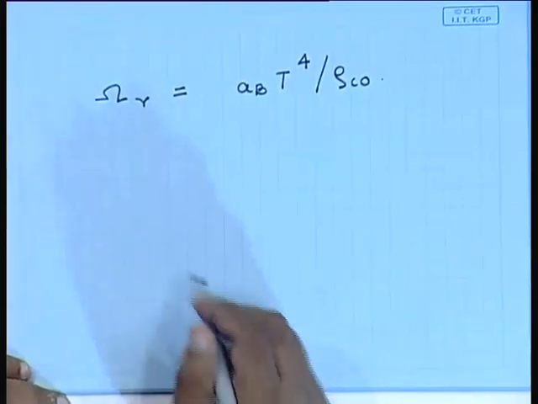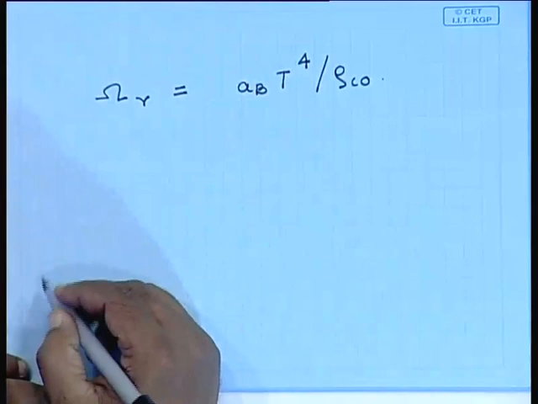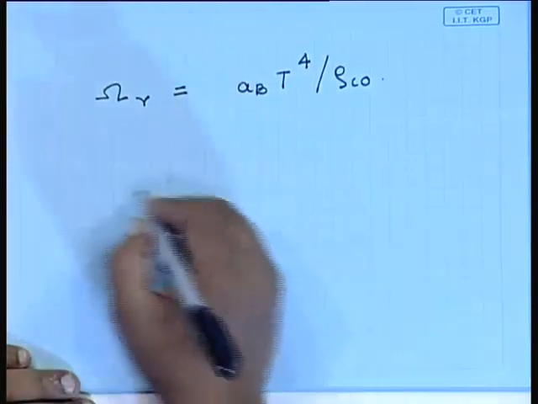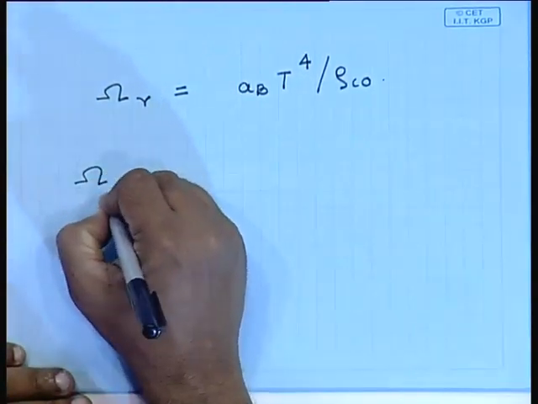Okay. Now what happens when you put in neutrinos? Let us work out what happens when you put in neutrinos. So now the relativistic particles have